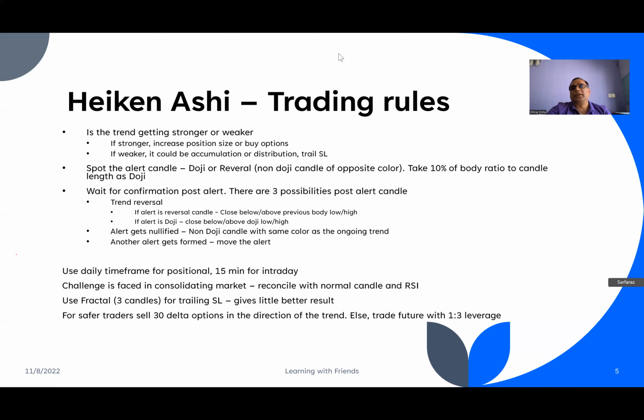The third possibility is that the candle after the alert which got formed was neither a confirmation candle nor a void candle. So let's say the second candle was also an alert candle, also a doji. So doji after doji, very much possible. You got another doji, or you got a reversal candle, but you